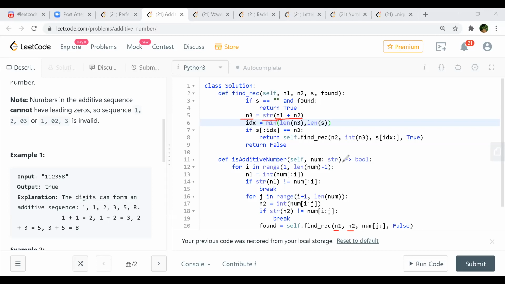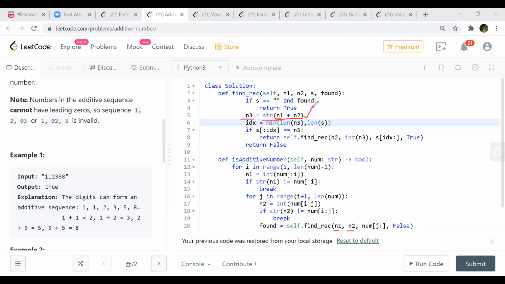Yes, this will take care of it, because I'm adding the integers and then converting to string, so the 0 will be automatically removed, right? So when you have n1 as 1 and n2 as 0, 2 in this case, what will your n3 be?